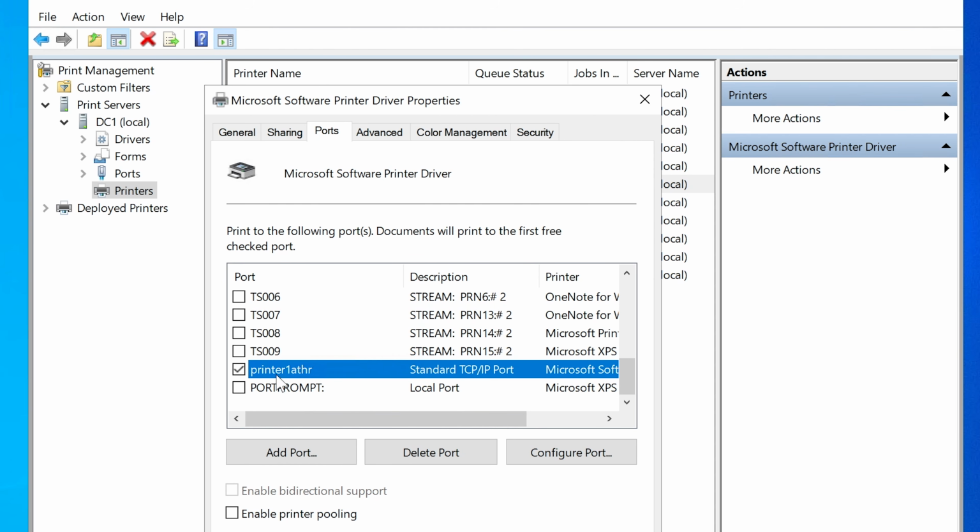And you can see that right now we're using that port for that name, right? So it's pointing to that printer that we've set up. It says printer 1 at HR, and that's fine. But if your printer stops working, let's say there's something wrong, and you want to route the printer and only